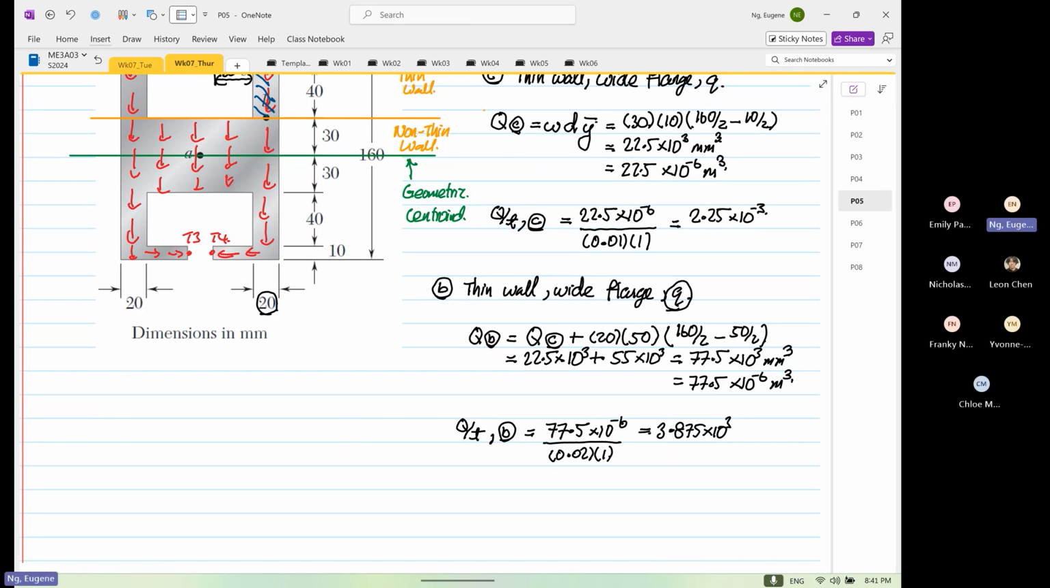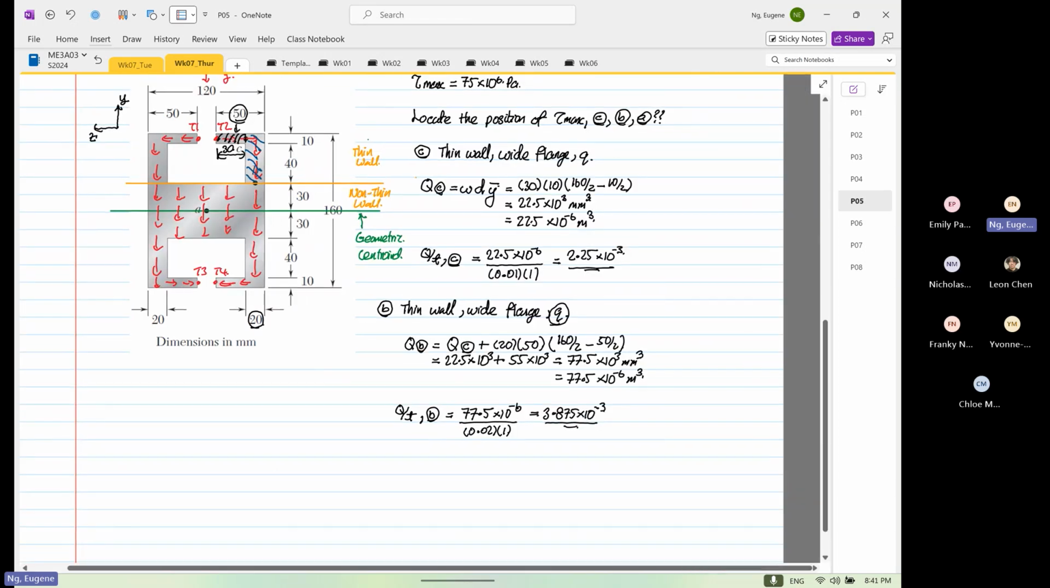So that is our, minus 3, sorry. So at point C is 2.25. Now we increase to 3.875 at point B. Okay. Then finally at point A,